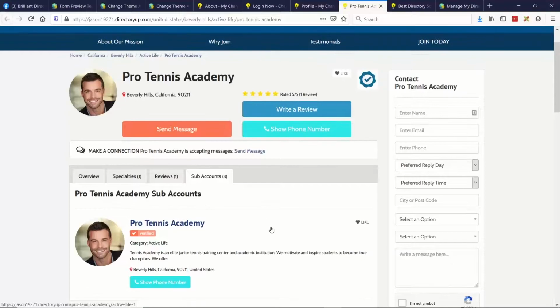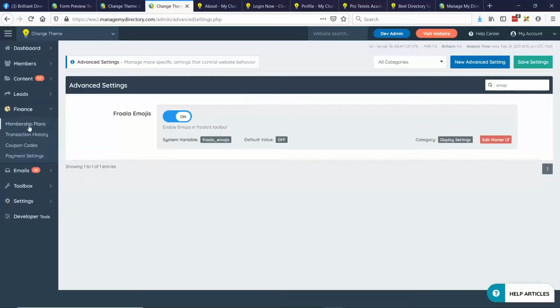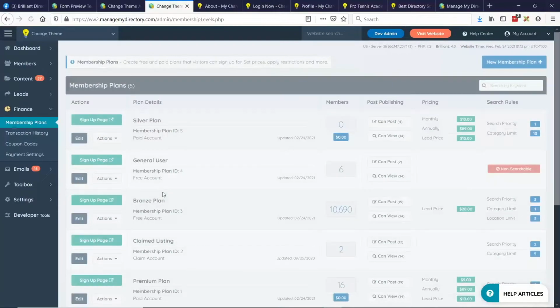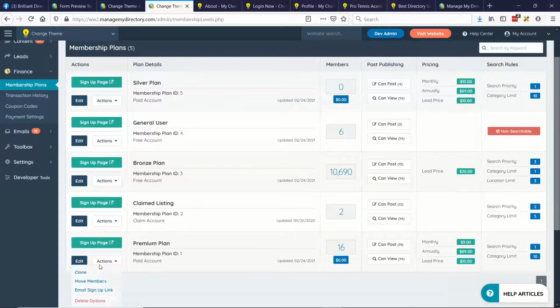So that's really cool. Let me show you a couple areas in the admin where there are settings for this. First, how to enable it, and secondly, where you can control the tab title here. So this would be a membership plan setting. When you have that add-on, multi-member manager, and I believe this was a premium plan, the one that we were looking at.